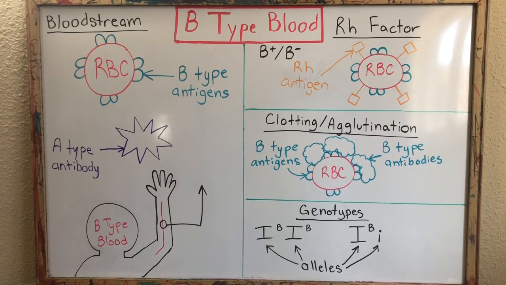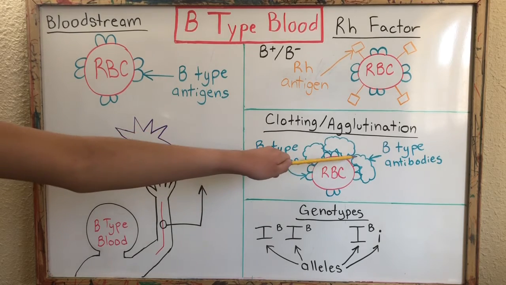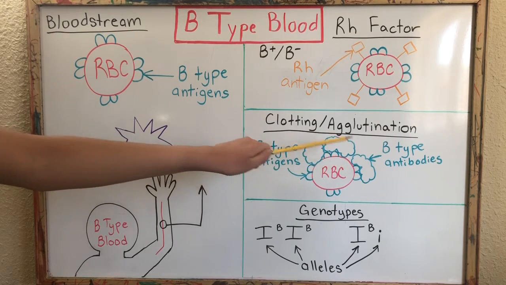B-type blood also means that A-type antibodies are created. Antibodies are special proteins that fight foreign antigens like bacteria that enter the body. The type of antibodies in this person are not also B-type, so the antibodies don't match the red blood cells' antigens. As can be seen in this image, if the antibodies were also B-type, they would match the